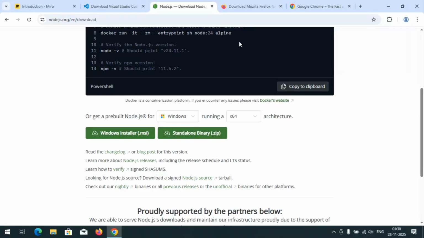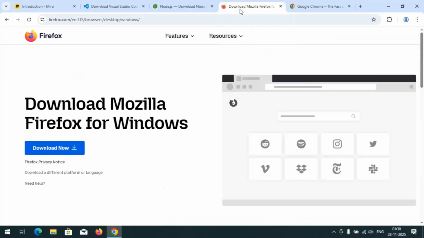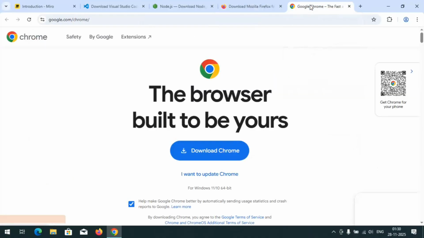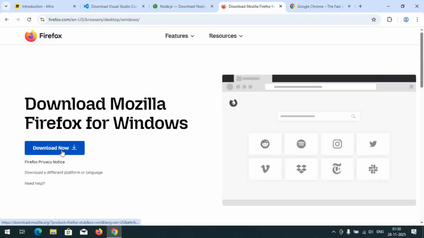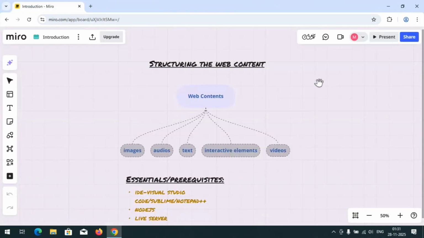I have already been on this page and downloaded all of this software for the setup. Then you need a browser. It can be Firefox, it's your preference. You can use Firefox or Google Chrome. Just click on the download button from the respective sites and you're good to go. Once you are done with this, let's get started with how you can start structuring web content